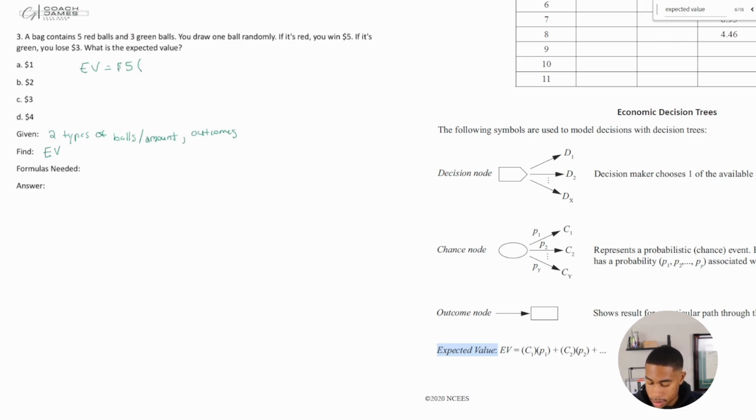What's the probability that we win $5? Well, we have two options. We pick one ball. The option is we either get green or we get red. So one of the two options